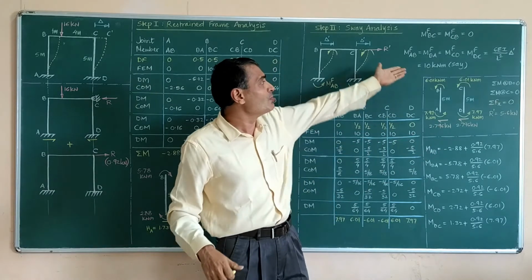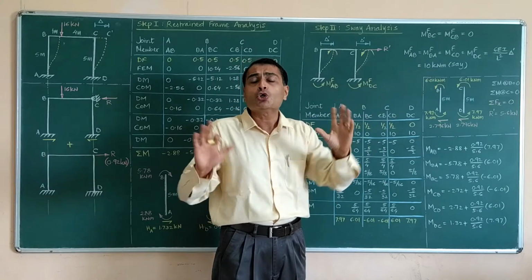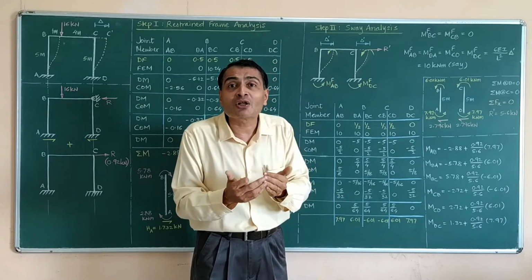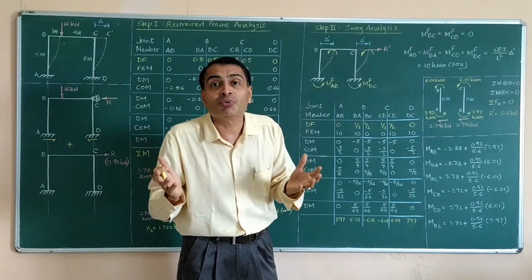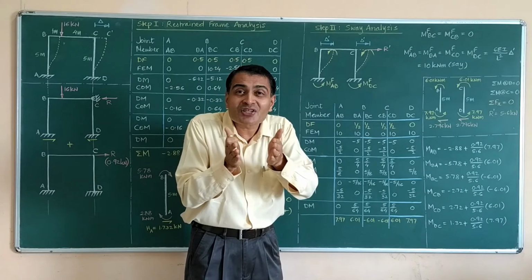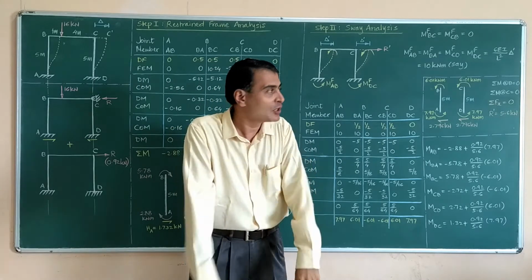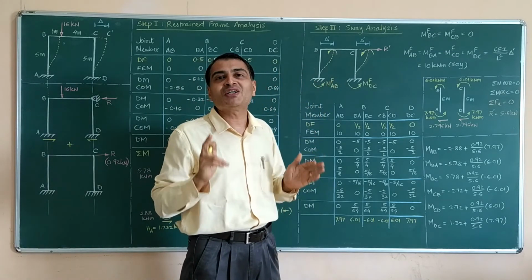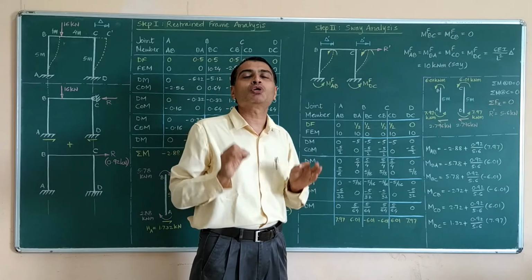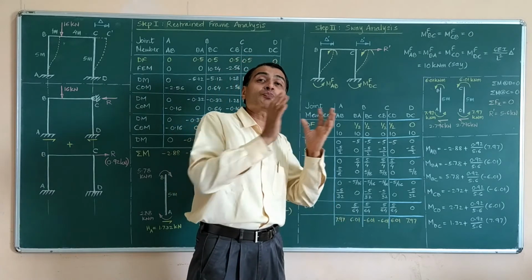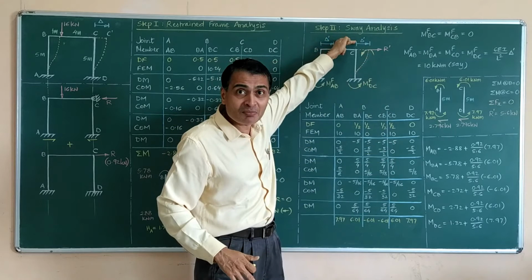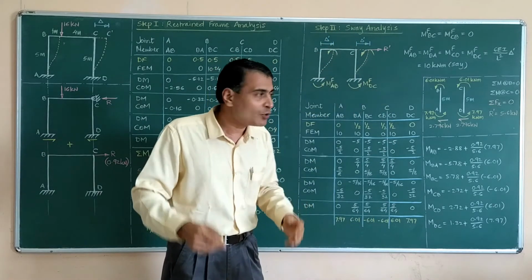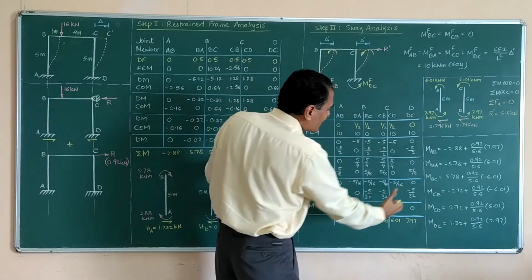Otherwise, you may select 100, you may select 1000. Not that you are not going to get the answer, but the approximation error will become very large. So we are just playing in the same domain, same value range. So I am assuming that because of sway, the fixed end moments generated are 10 kilonewton meter each, and the corresponding delta is delta prime, corresponding applied force is R prime. Now what do I do? I start with the moment distribution table again.